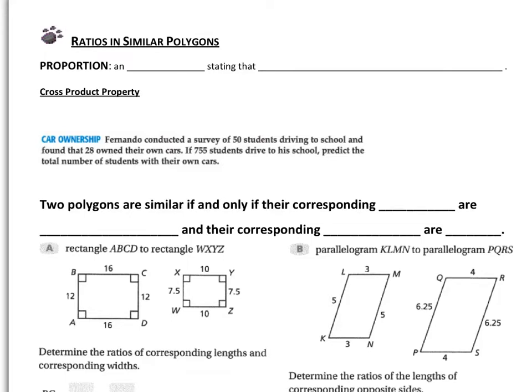Okay, we're continuing to look at similar polygons. Today we're going to look at ratios in similar polygons. The first thing we're going to talk about is what a proportion is. A proportion is an equation